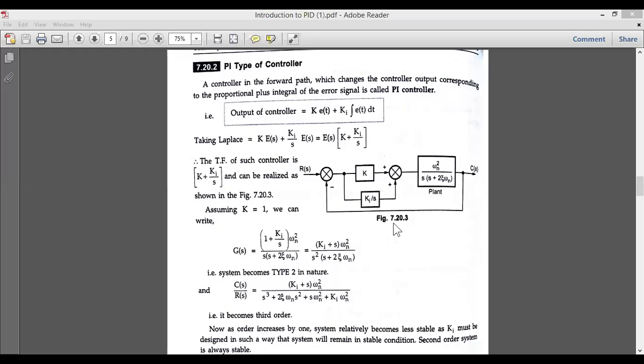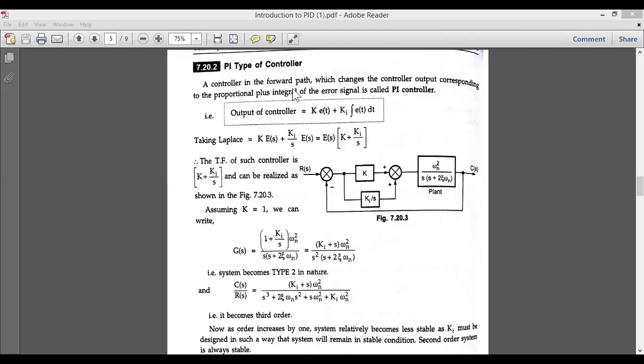If you look at figure number 7.20, there is a control part, which we usually call a plant also. It has its own transfer function, denoted by omega n square divided by s multiplied by s plus 2 zeta omega n. This always remains the same and will not be changing. The only part that changes here is the controller block. In the derivative case it was different, but here, instead of derivative, we go for the integral of this particular error signal denoted by E of t.